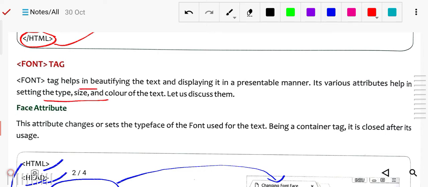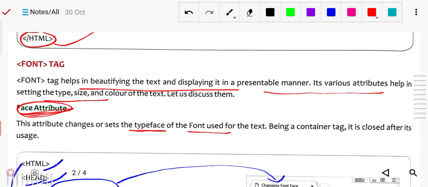Beautifying the text means its font size, color and style. The face attribute sets the typeface of the font used for the text. It is a container tag, closed after use. So we will use this face attribute in the font tag.